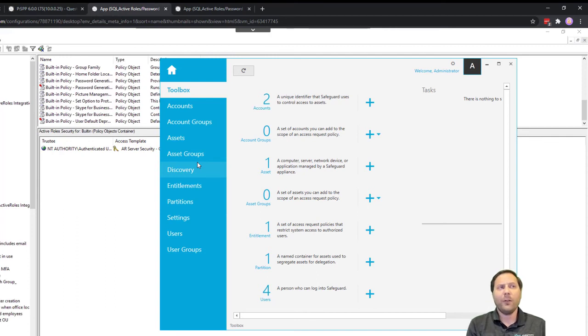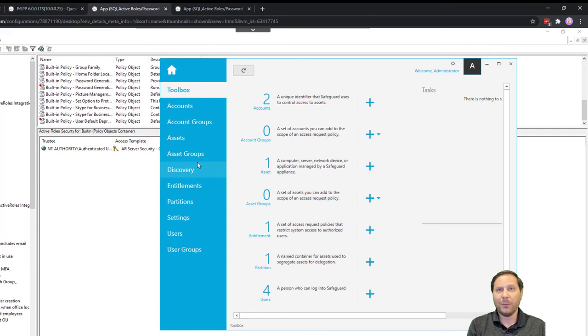One more thing I want to point out. This entire process will actually get considerably simpler in the near future. What you're looking at here is something that we give customers, but isn't necessarily something that is documented and supported at this point. But with the addition of the REST API, which we're talking about in a different session, we're allowing this to work much more easily, and probably, I believe, without a service or anything else. And the reason for that is everything that Safeguard does is done through REST, and now Active Roles is going to be able to do the same.